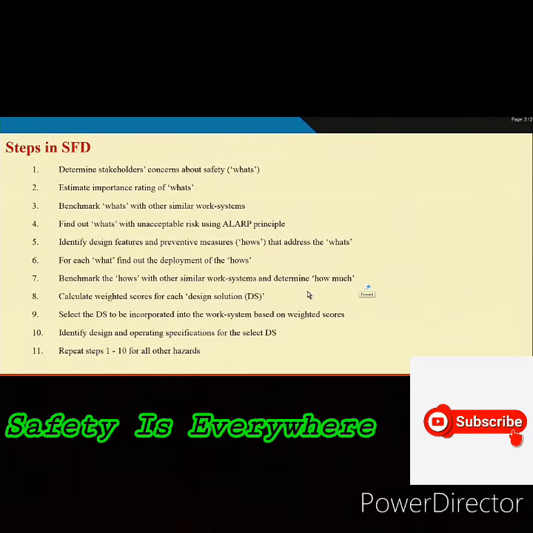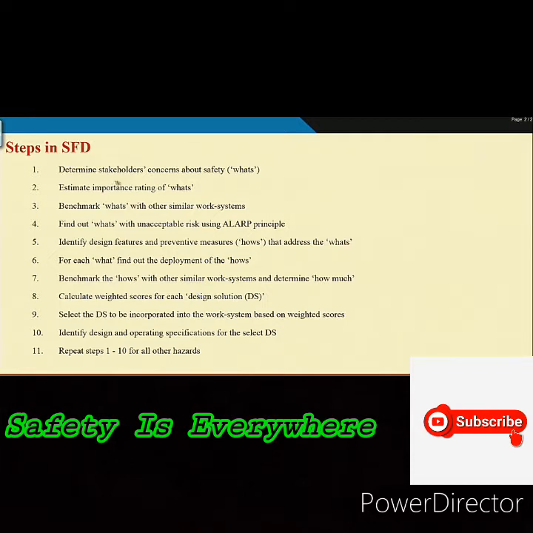So, first let us explain the steps. While explaining the steps, I will try to relate to the previous lectures or the topics we have covered, but for the time being, if you are not getting all the steps together, definitely after the end of the class most of the steps will be clear to you, and maybe in the subsequent class some more steps will be clear to you. But this is a very important topic, particularly from the blueprint for safety by design point of view.